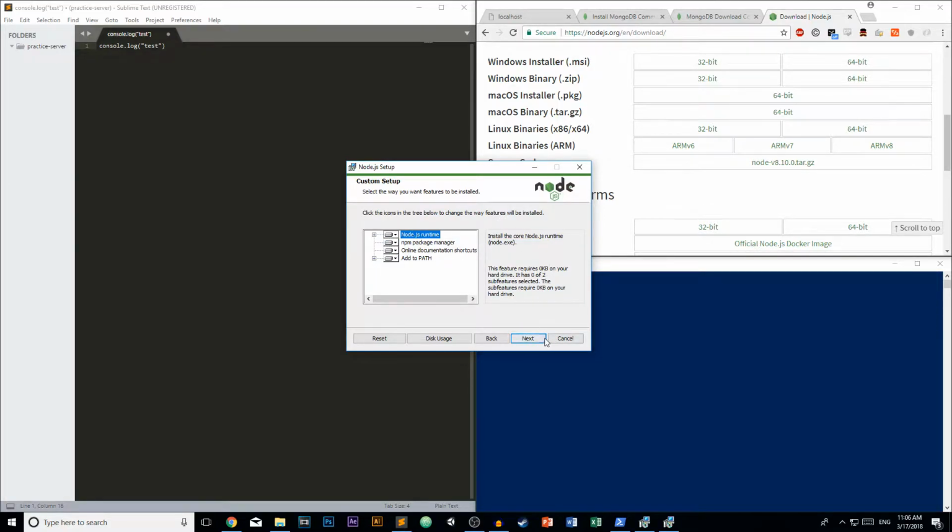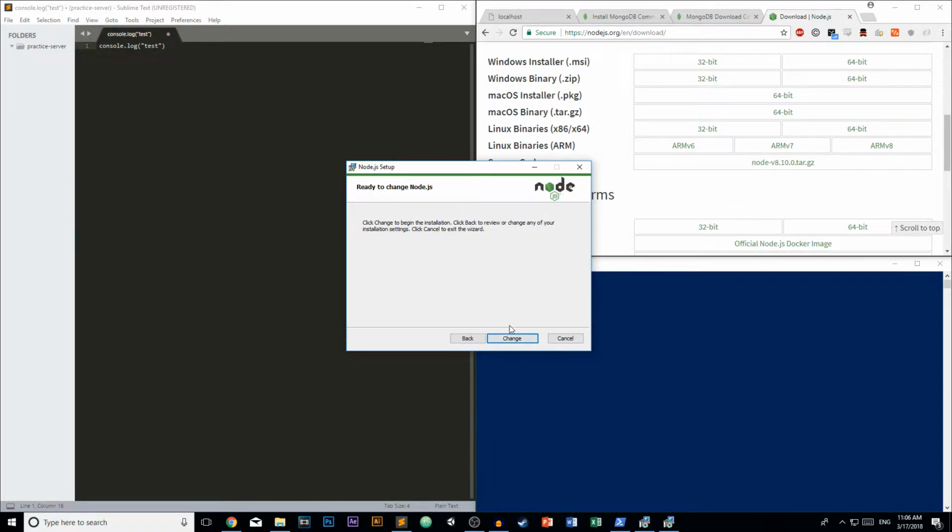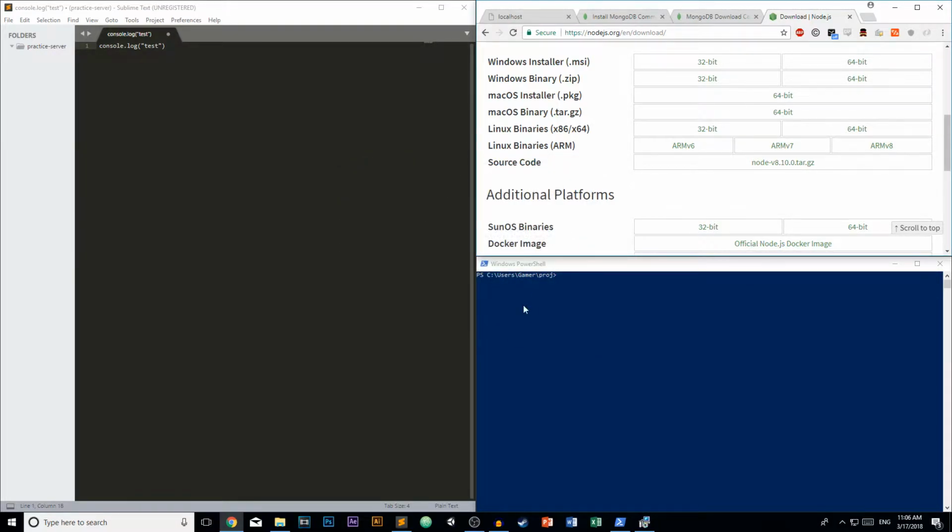Next, you're just going to click next, and it's going to begin installing for you. Obviously I already installed it, so I'm not going to do that now. Alright, so I'm going to cancel the installation there. Okay, so now that you have Node.js installed, before we move on, let's just talk a little bit about how